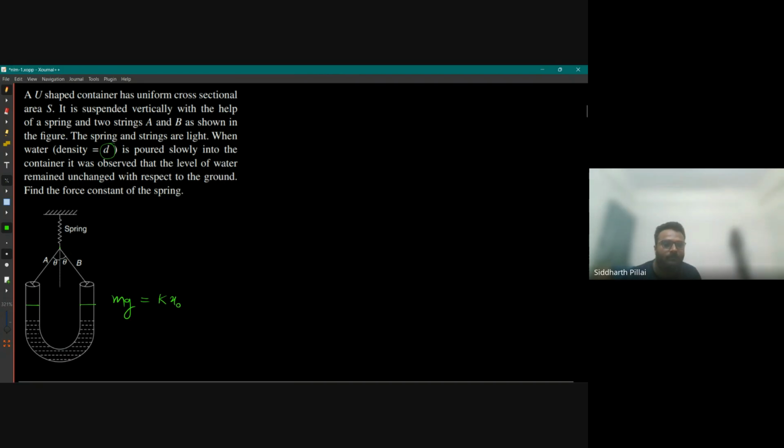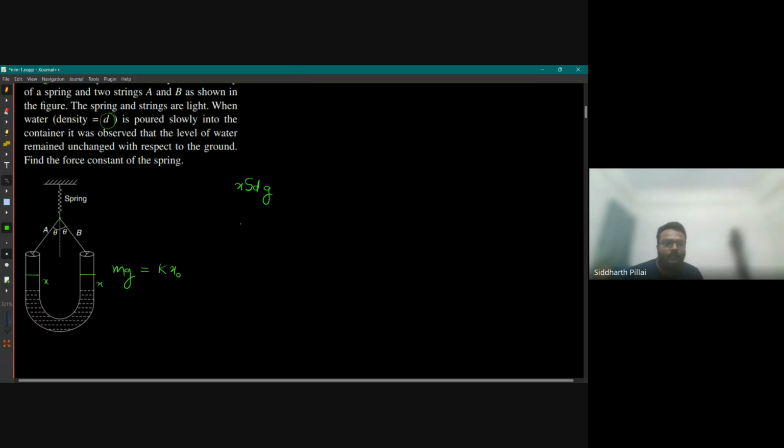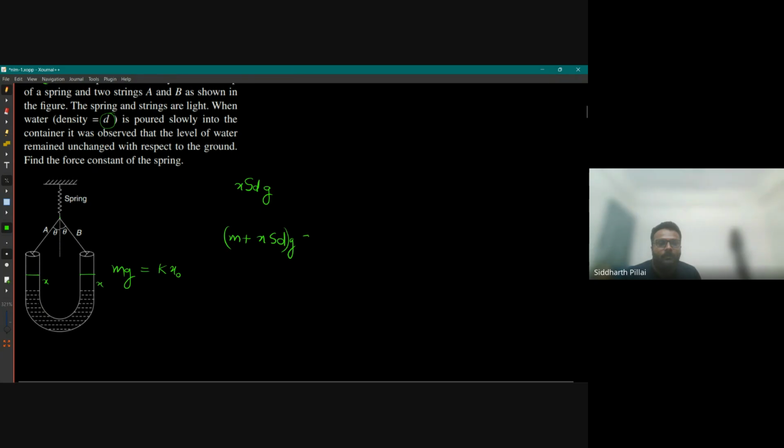Let's say up to this point. This level is x. So how much water is this? The cross-section area is given S. So x into S is the volume that you're adding. Multiply that by the density, that will give you the mass that you have added. Multiply that by g, that would be the extra force that you have exerted by adding water, right? So basically what will I get? The new mass will be M plus xSd. This would be the new mass, and this would be